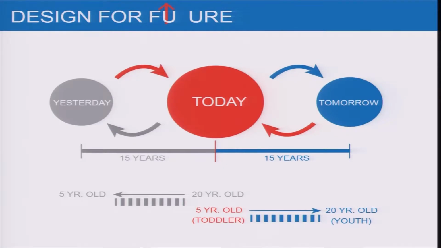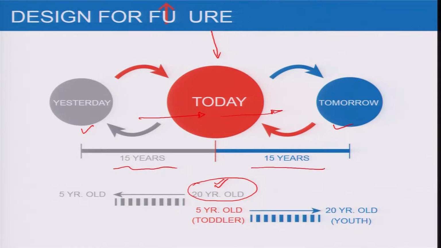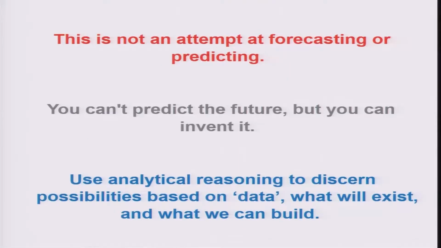So, the whole goal here is to really design something for the future. You have to keep both yesterday and tomorrow in purview when you design, because this is today's design, which would definitely go along for quite some time, and it must have been borrowed from the experiences of what was before. So, you design on almost a 20-year-old span, with 15 years on either side of where you are today, so that your products may be as futuristic as possible, but borrowed from experiences from the yesteryears. That is the goal when you want to develop something.